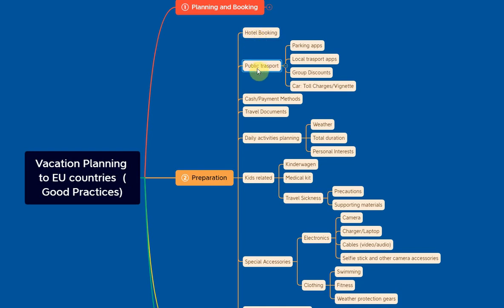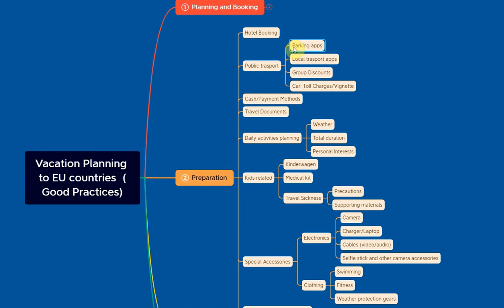Second, knowing the public transport situation in your target location. It's common that you might need to ask local people to know more, but there are a few things you can already know. One thing I personally felt was the most helpful is parking applications. There are many parking apps you can install on your phone.